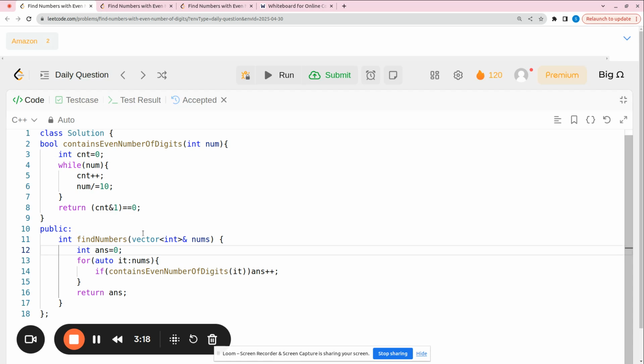Now we'll see the implementation of the findNumbers function. Initially we have taken our answer equal to 0. Now we are simply traversing the nums array. For each element we check if the count of the number of digits is even, then we just increment our answer. At last our answer will contain the count of elements in the array having an even number of digits,